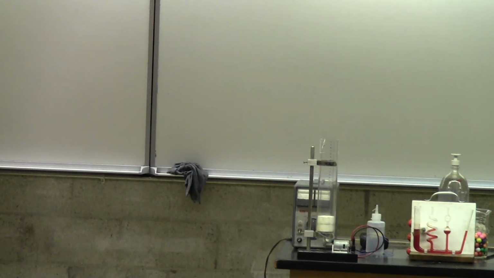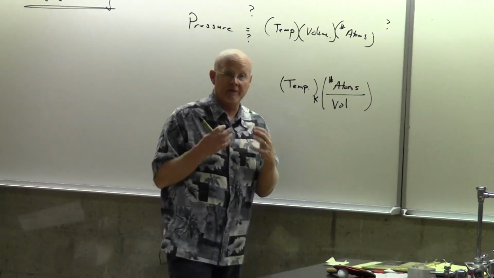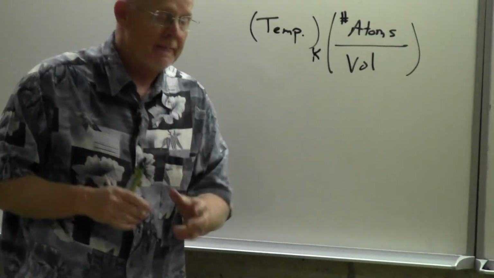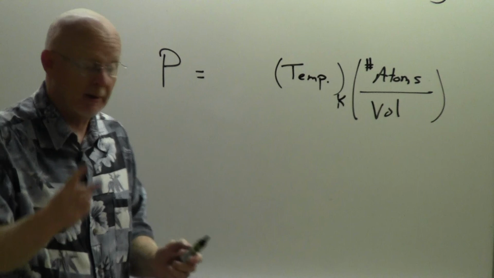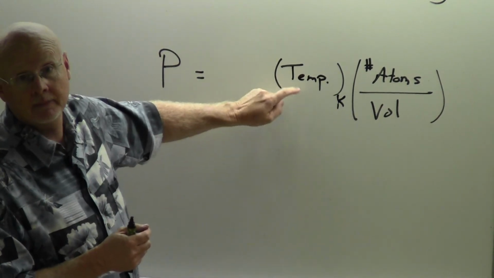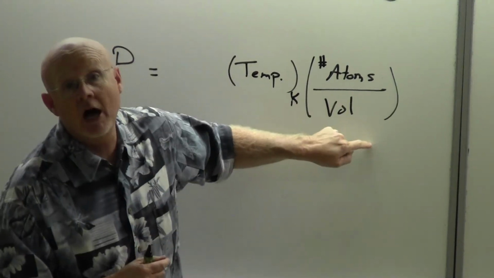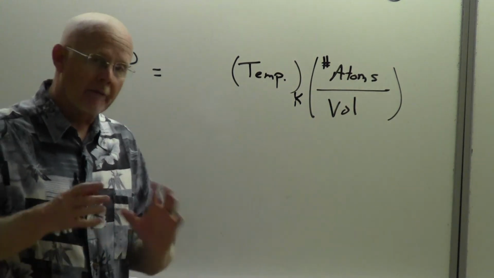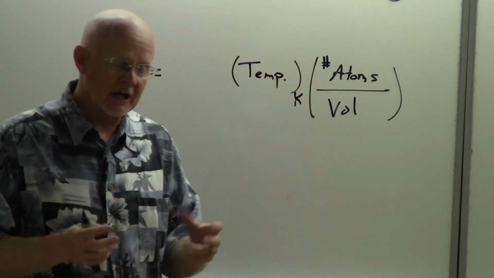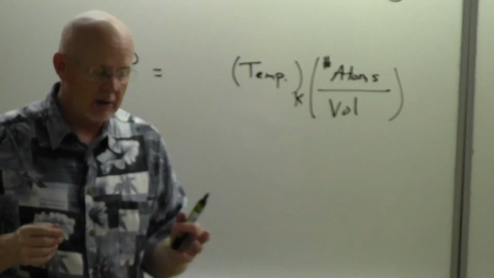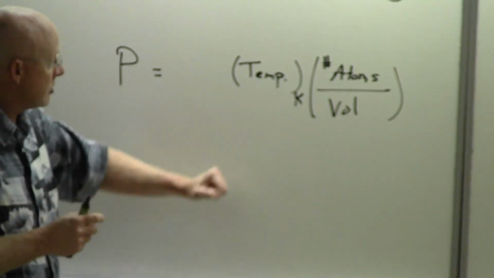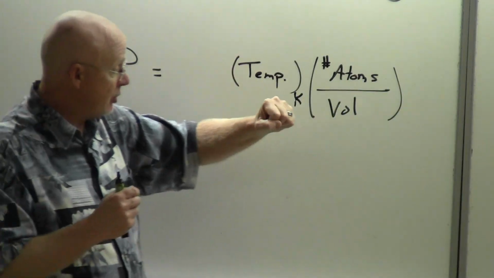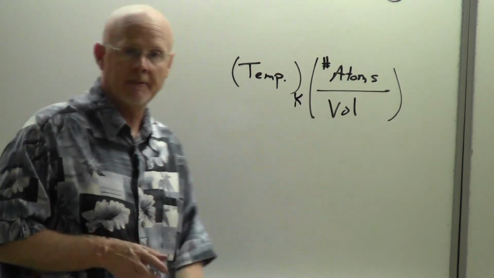And so you could think of this as two factors, and so far we would have a total of 3, but I like to think of it as two factors. I like to say that the pressure of an ideal gas comes from 2 reasons. Number 1 is, how fast are they moving? And number 2, how concentrated are they? Of course, concentrated is actually 2 factors in itself, so you may think of it as 3, and you're entitled to do that. But I think it's easier to think of it as 2 factors: how fast are they moving, and how concentrated are they?